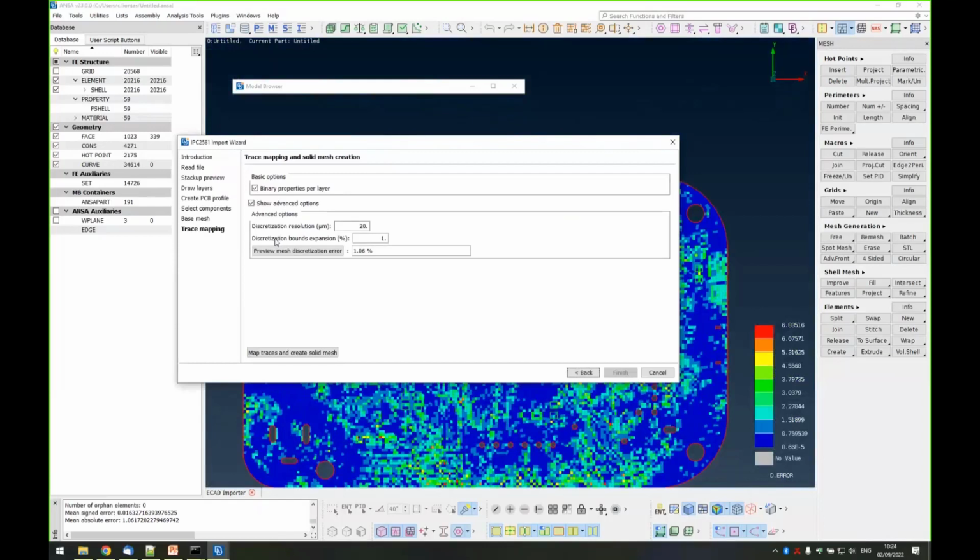And the other option is the bounds of this invisible grid. It's not very important for the user. Usually he can leave it at 1%, the expansion of the box. So the final stage is to produce the solid mesh. We press on map traces and create solid mesh. In order not to have to wait for it,